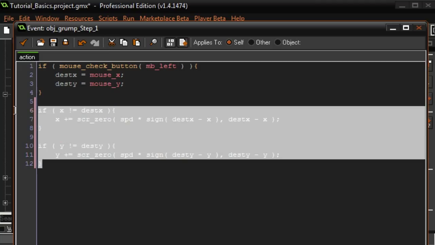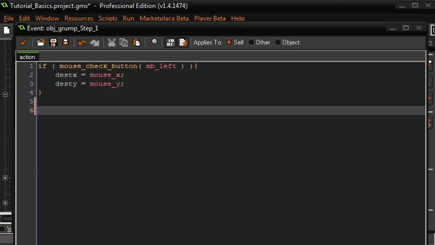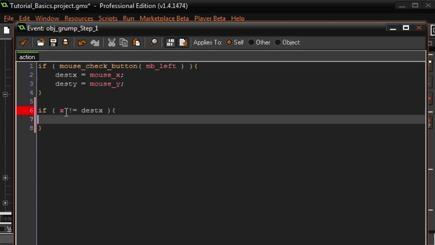Now, this is where we're going to set things up. We're going to do this without our script, because we don't know our needs yet. Here's our goal. We want a nice and efficient way so that we tell Grumpy Graham where to go, and he will go there. We already have our variables set up, so we just got to set up the logic. So if X does not equal dest X, X plus equals speed times